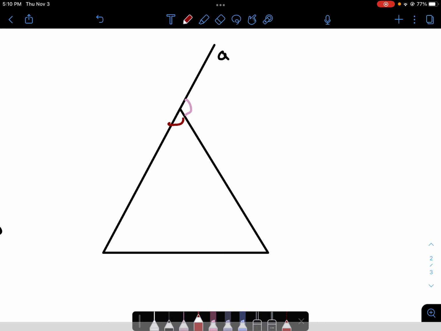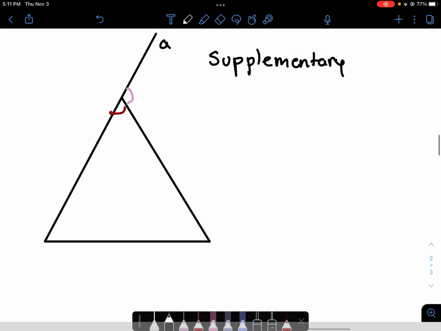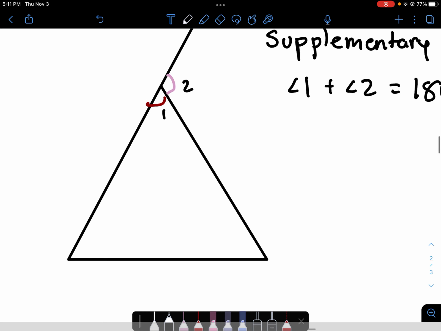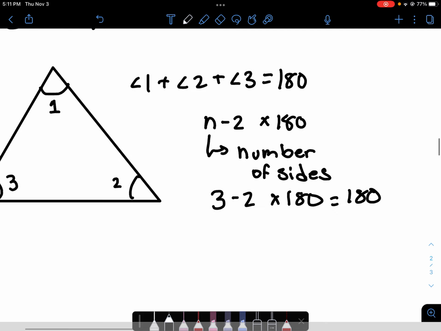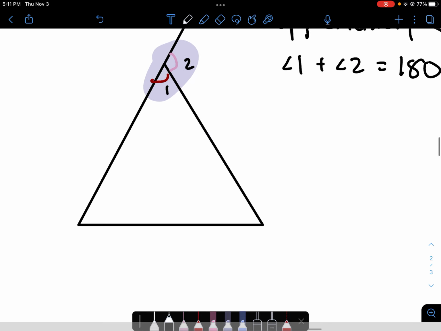are supplementary. And just to quickly do a refresher, supplementary is basically 2 angles. Say this is angle 2 and angle 1, equals 180. So supplementary is 180. Now that we know this is equal to 180, and the sum of angles in a triangle is also 180, we can assume that